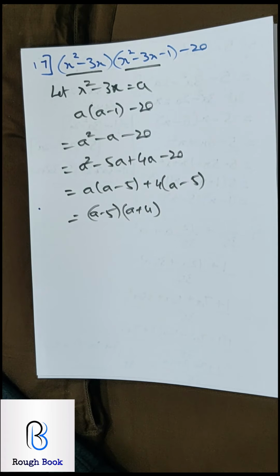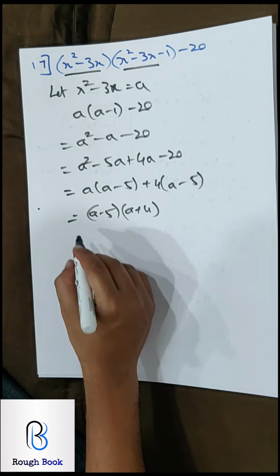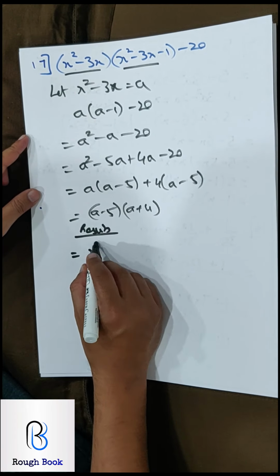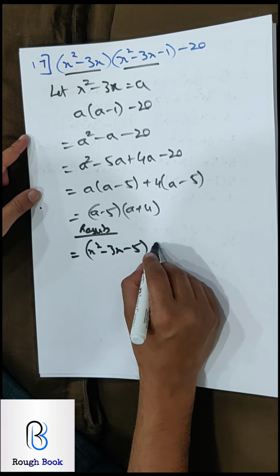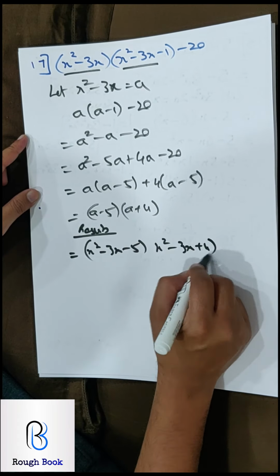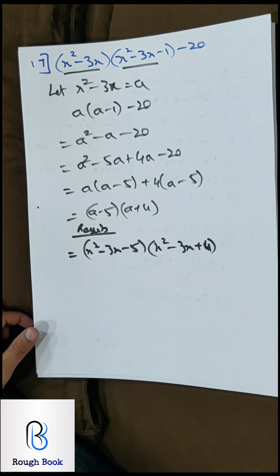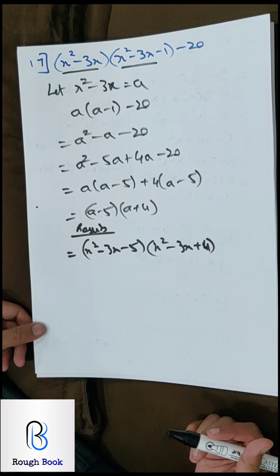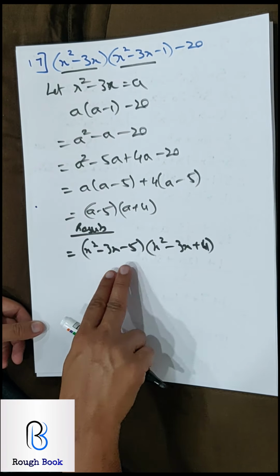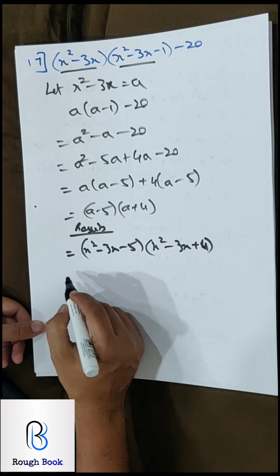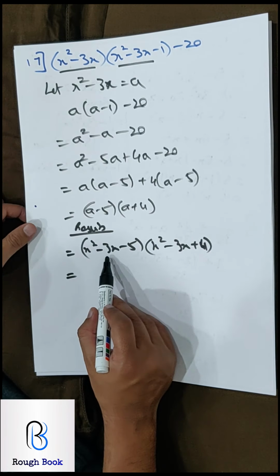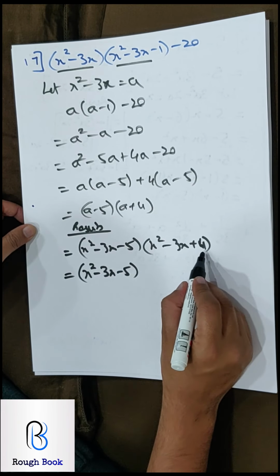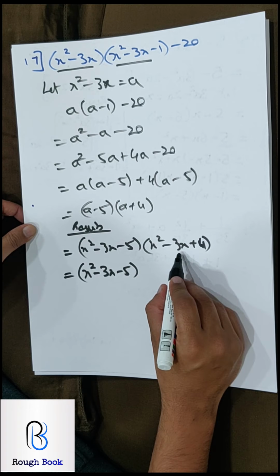If you say this, you lose 1 mark because now you need to resubstitute. Please don't forget that. So resubstituting, a becomes x square minus 3x minus 5, x square minus 3x plus 4. Now there is a catch. Here once we reach, we get two different quadratic equations again. So we'll have to see if we are able to solve, go ahead. If you're not able to solve, leave it then and there. So in this case 5 ones are, I can't get this, so I'll have to leave it here only. In the second case 4, so 4 ones are, so that will be 4 minus 1.